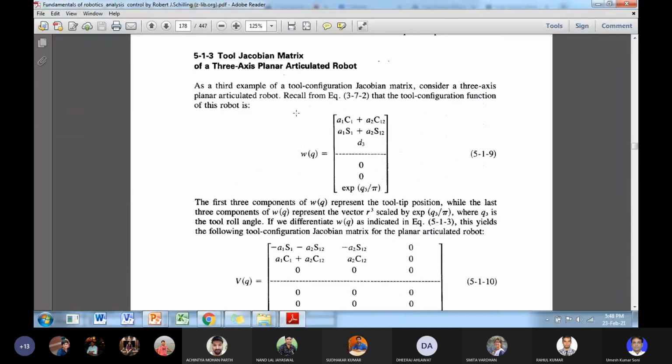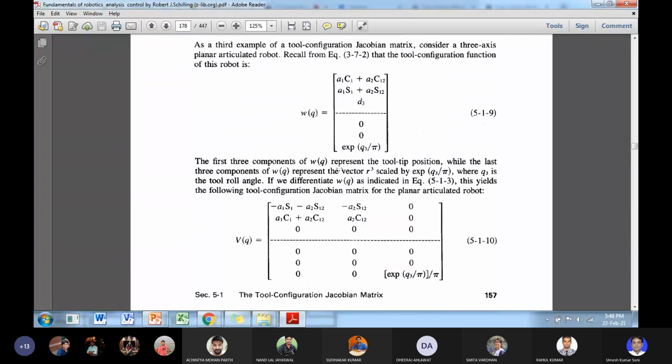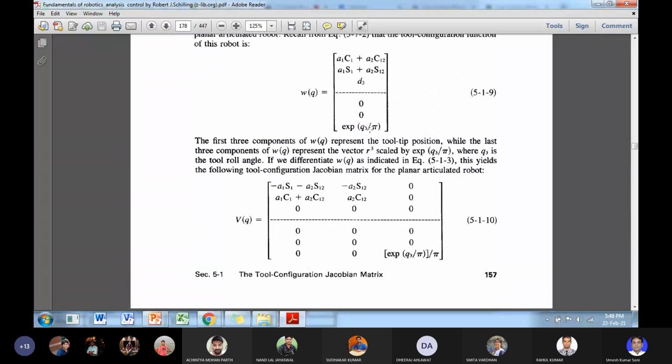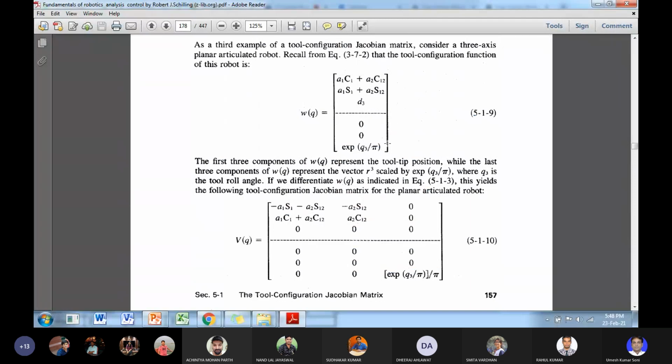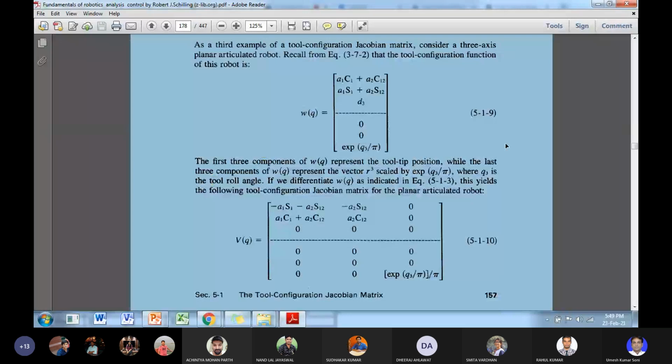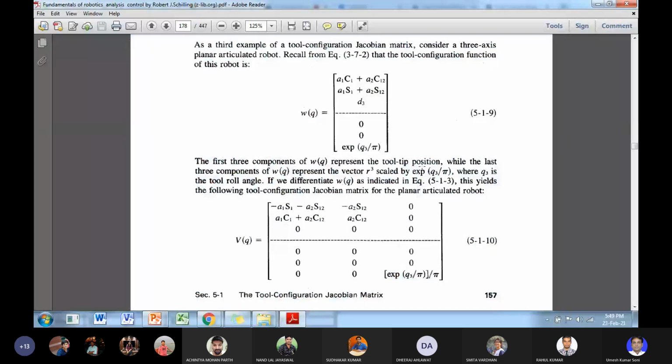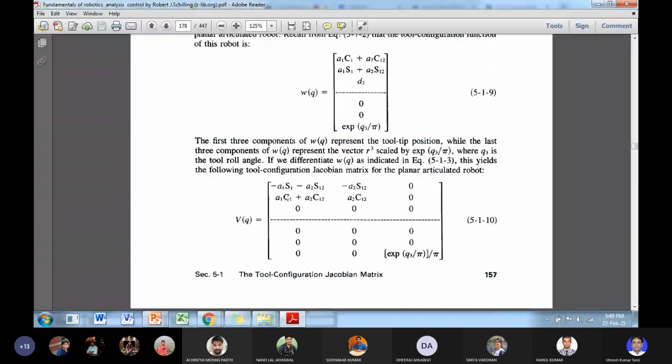Okay, so here again you have seen that with respect to theta 1 this term will be positive and all other terms will be 0, and because we have only the variables up to q3, and the third joint is the tool joint, the tool roll axis. This is the tool roll axis. Okay, always in the exponent of the exponential term we take the last angle, which is the tool roll axis. So theta 3 is there, and so 3 columns will be in the Jacobian matrix.